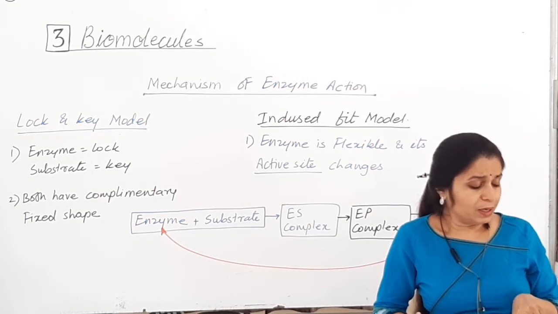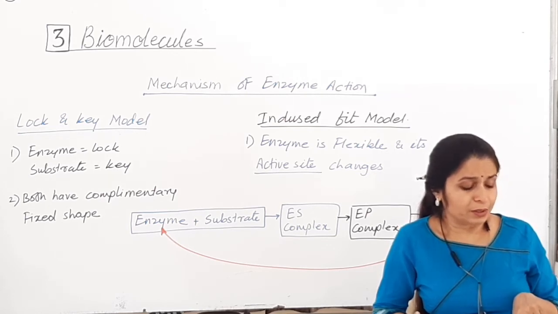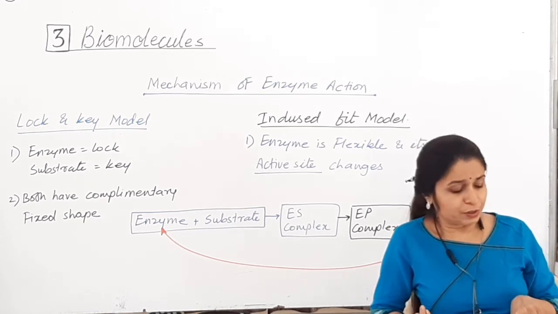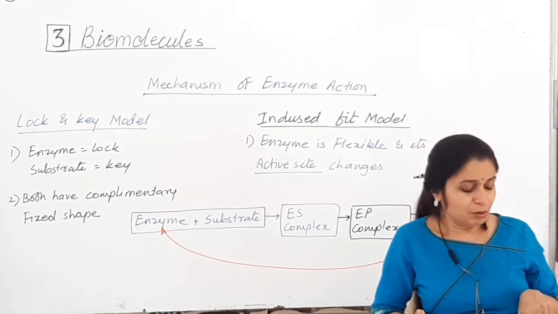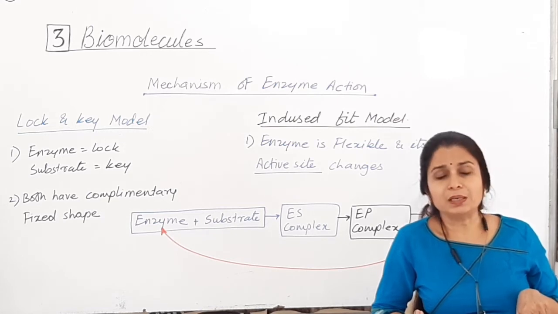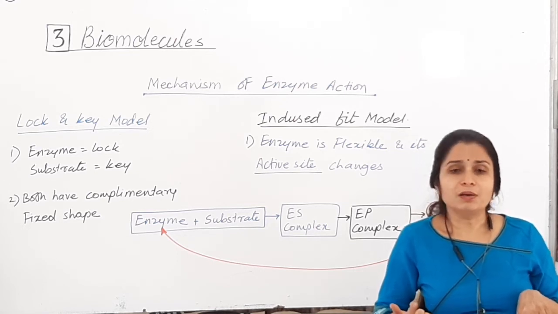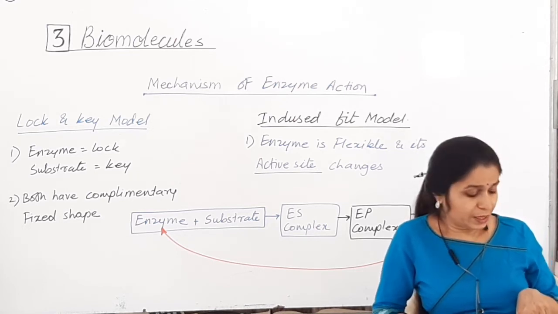The rate of a physical or chemical process refers to the amount of product per unit time. The more the rate of chemical reaction, the more product will be formed. It can be expressed as rate equals delta P upon delta T. The amount of product produced per unit time determines the rate. This is the rate of the chemical reaction.